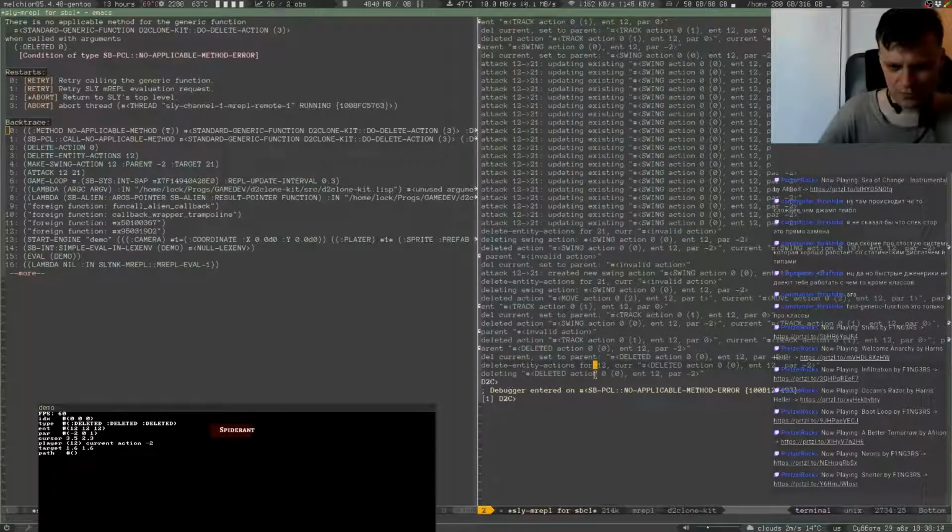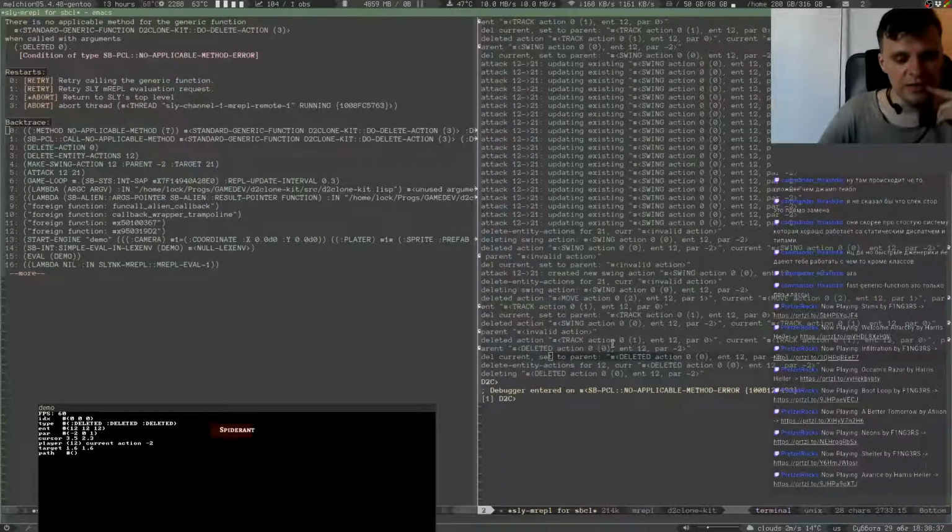Yeah, so at some point we're deleting that thing because it was current action. And we set it as current action because we've deleted it and then we've deleted its child. And the child thought, yeah, okay, I will set my parent as the current. And its parent was already deleted. Okay, so that's because I delete child after the parent. Which child is it, and why does it happen? So the parent being swing and the child being track action. And this happens when